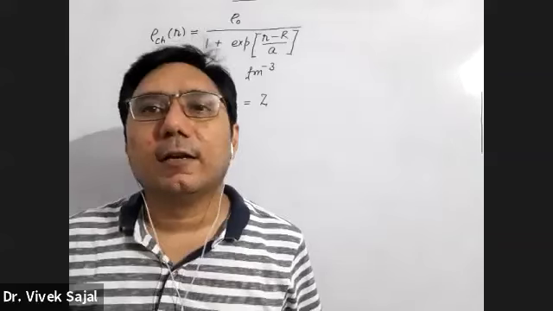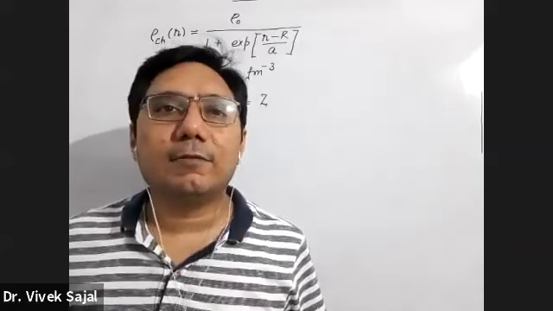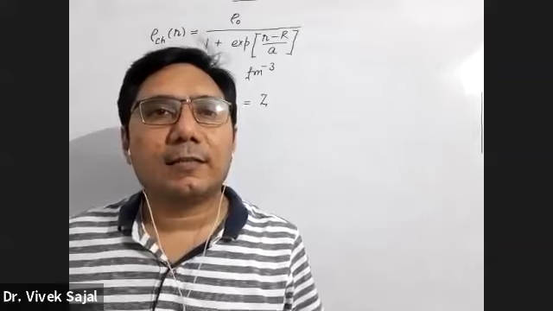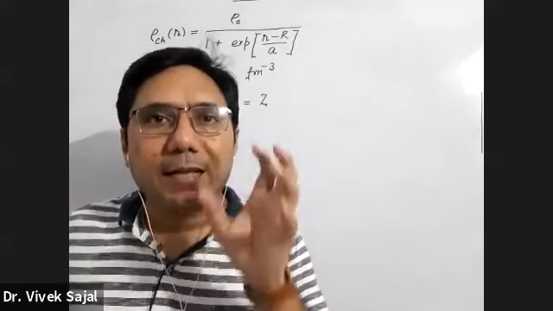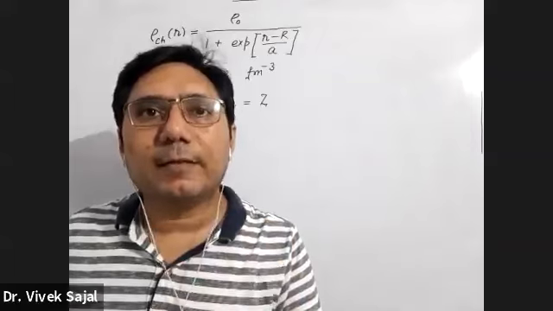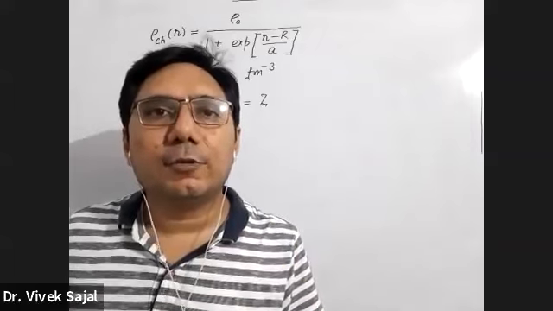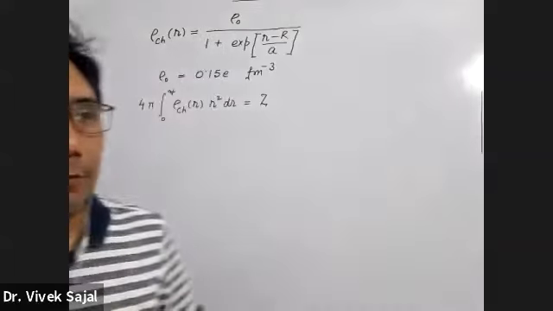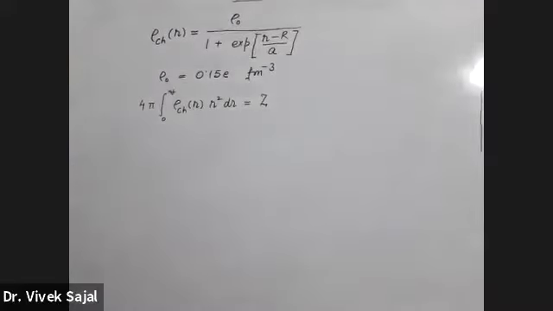Good evening. So basically in the last class we were discussing the Woods-Saxon formula, the mathematical model of the charge distribution inside the nuclei. The formula given by Woods and Saxon is: rho of r, the charge density per unit volume as a function of r, is given by rho naught upon 1 plus exponential of (r minus R) upon a.